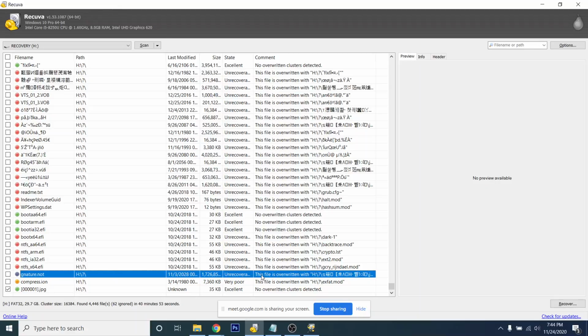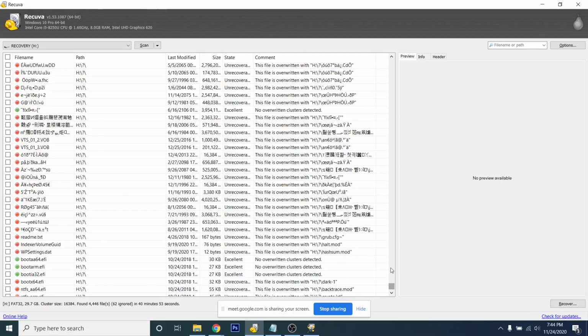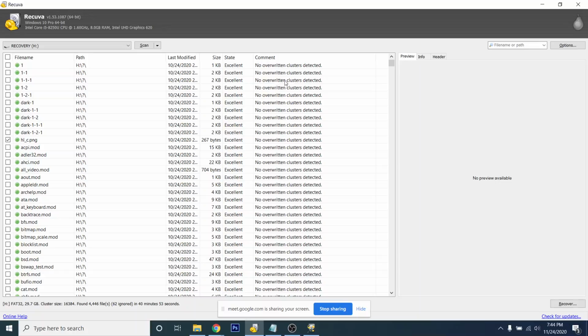So here is the comment: the file is overwritten with H, and some Japanese is there. This file is overwritten with H exfat.mode, and here it is written no overwritten cluster detected. So this file is not overwritten, and similarly with this, no overwritten cluster detected. I have told you what a cluster is.